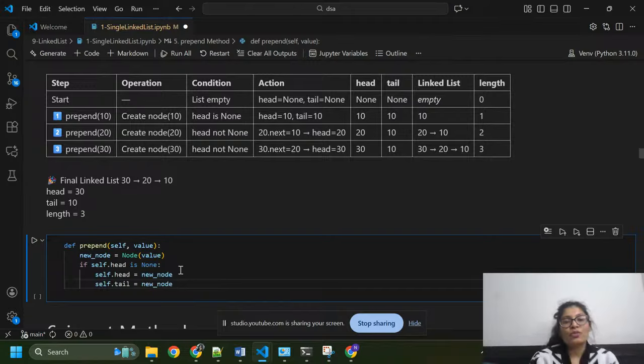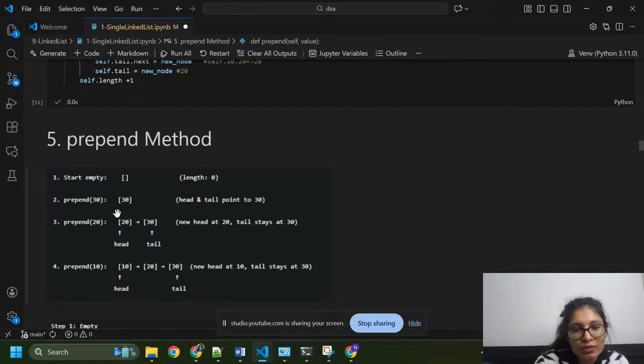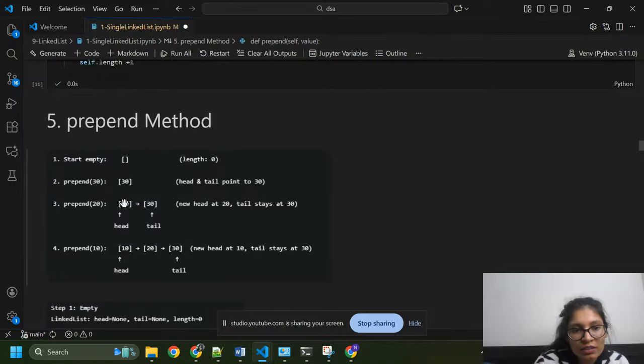So we are going to add an element at the beginning of the linked list. Initially we have an empty linked list, length is 0. We are going to add 30, so head and tail point to 30. Then I'm going to add 20 before 30, at the beginning of the linked list.